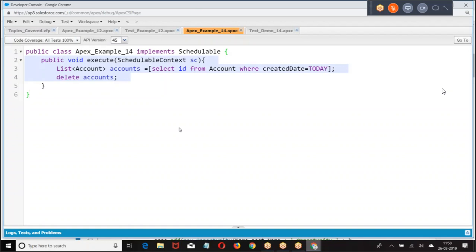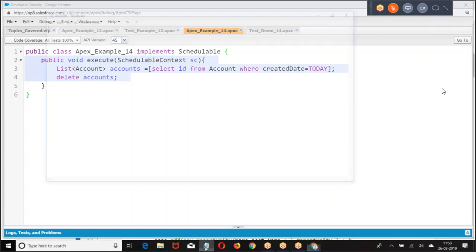Now I have a few technical points here. My technical point is, I want to test the class with respect to a particular user. I want the test class to run like Satish. Why does the test class have to run like Satish?